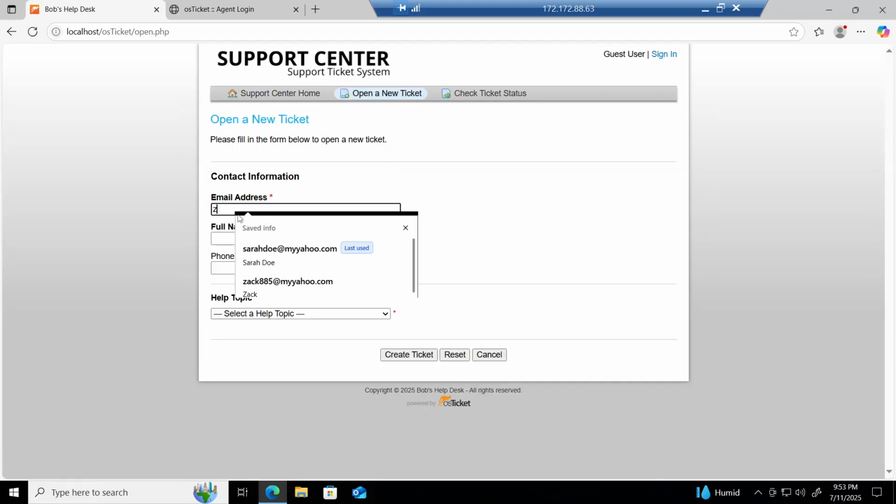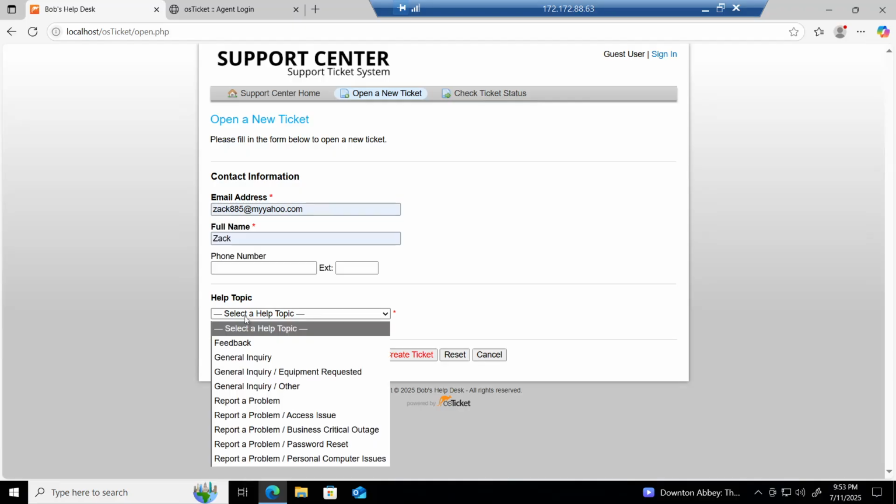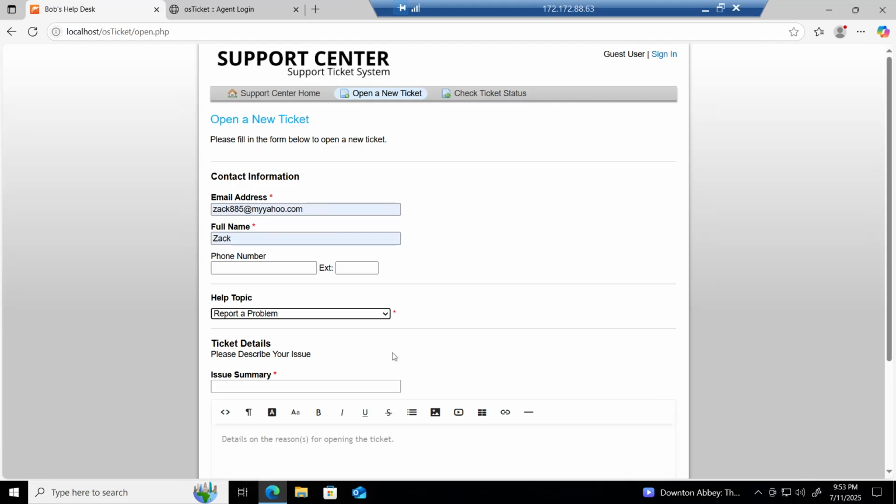Now this time it's gonna be Zach creating a ticket as an end user. So for help topic, let's say Zach is gonna choose report a problem. I just put like this, report a problem, and then create issue, and let's call this one,